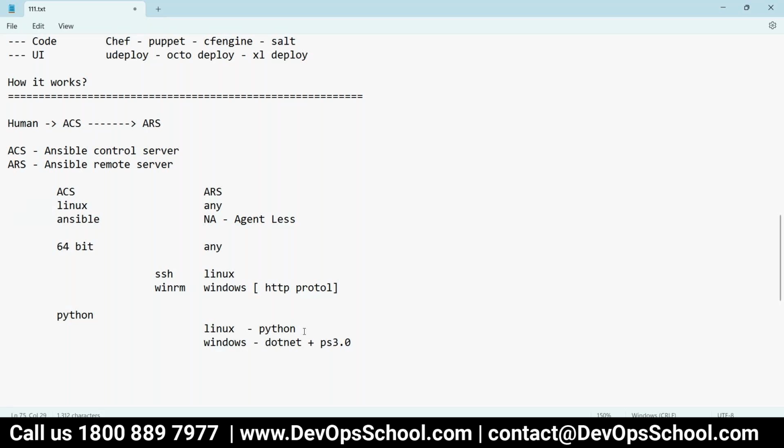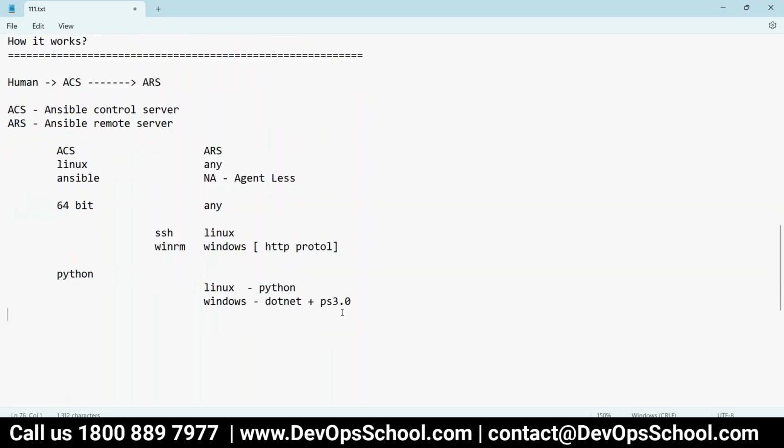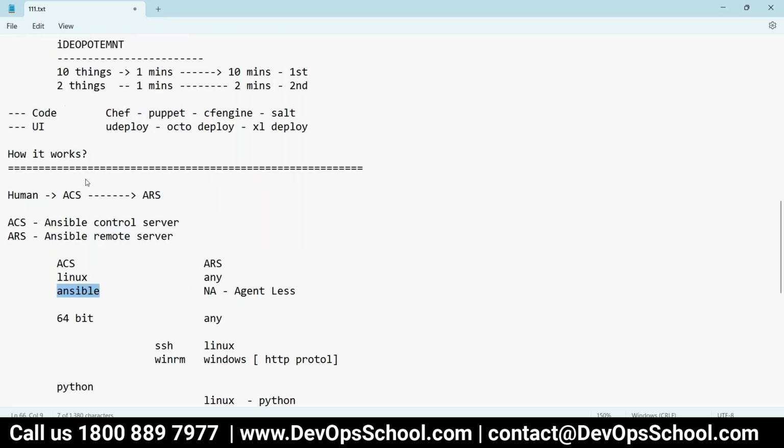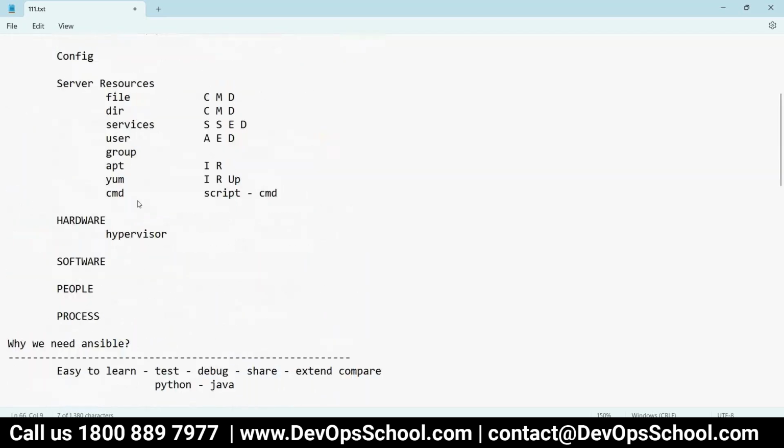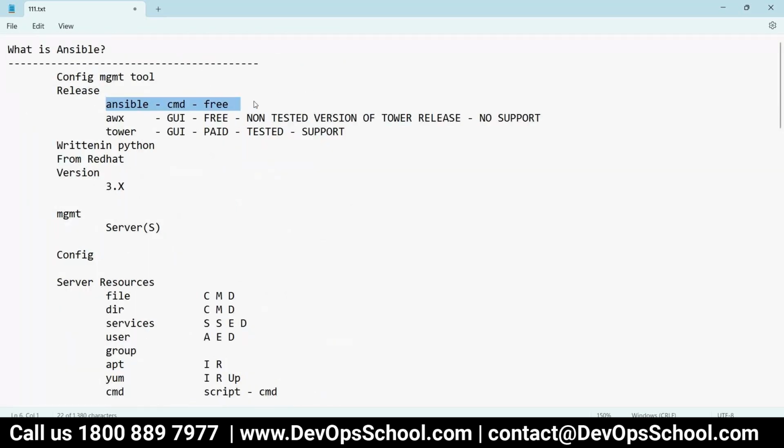Okay guys, after understanding this, you will ask, what is Ansible when I install it? It's just two to three minutes of work when I install Ansible. It's a utility, don't get stressed out. It's just a command line tool. You see here, it's just a command line tool. Nothing great about it. Free.